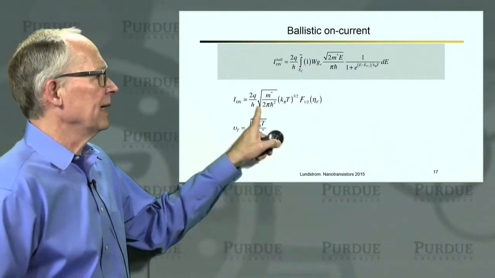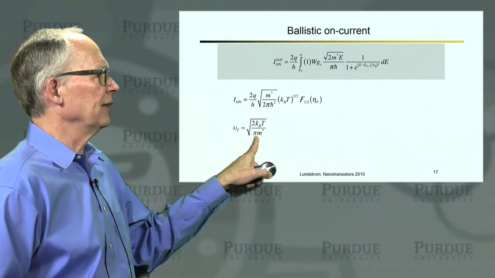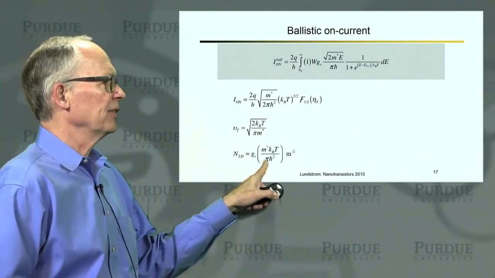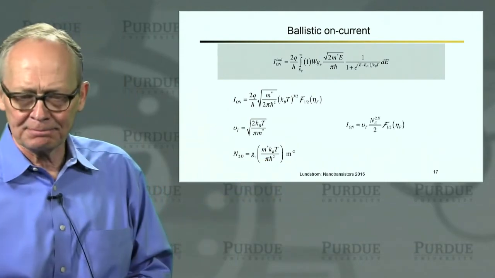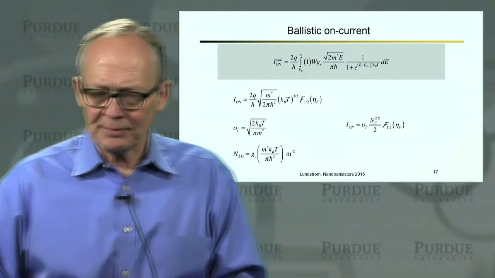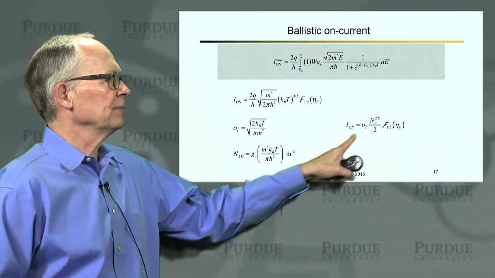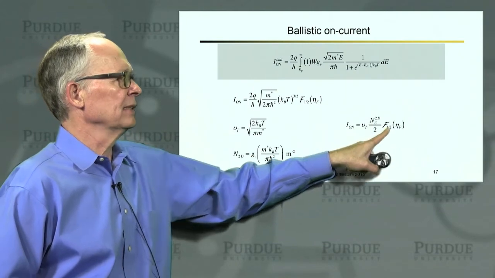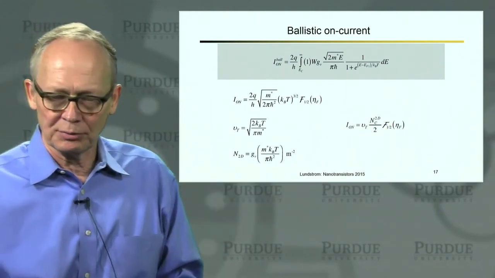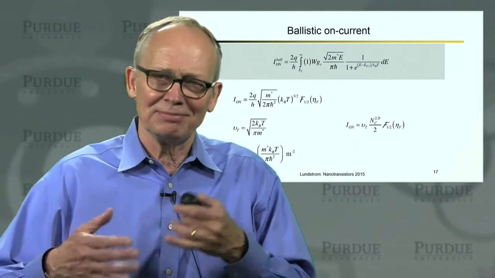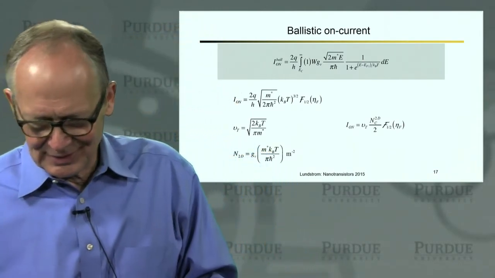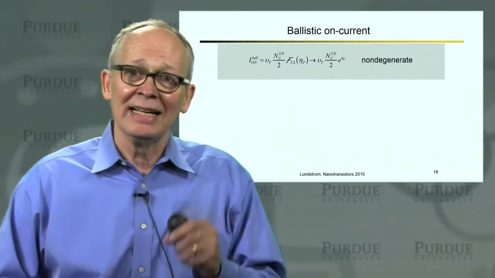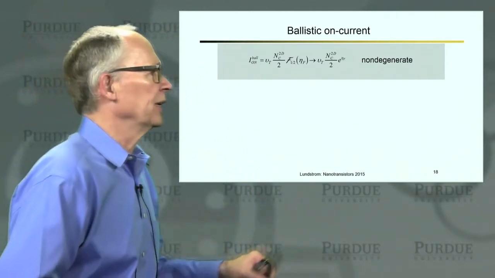If we work on this a little bit, use our definition of the thermal velocity, the unidirectional thermal velocity, our definition of the effective density of states, we can do a little bit of algebra, and we can rewrite this on current as thermal velocity times effective density of states divided by 2 times this Fermi-Dirac integral of order 1/2. All right, so it's a little bit messy algebra, but no rocket science. We can go through and work that out. Let's look at it a little more carefully and see what we can make of this.